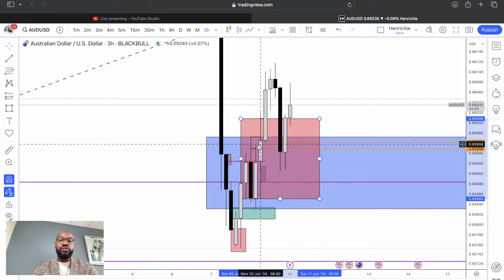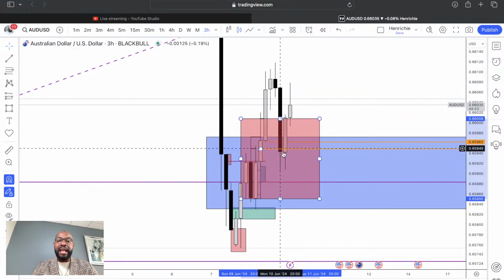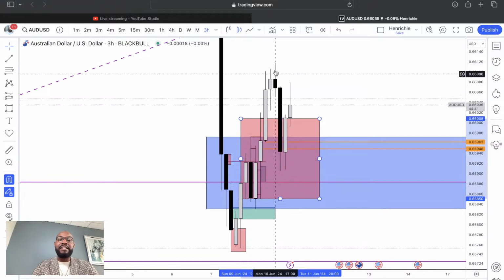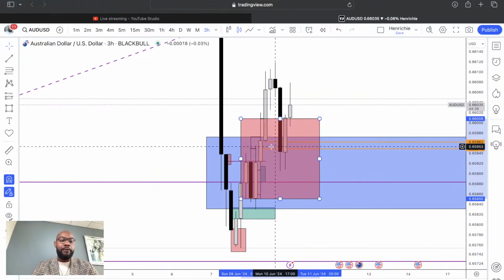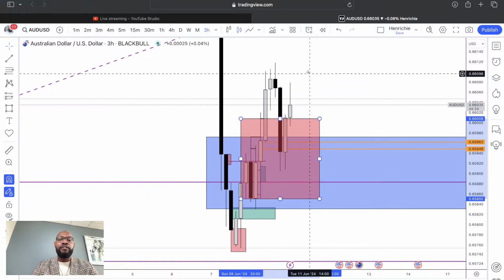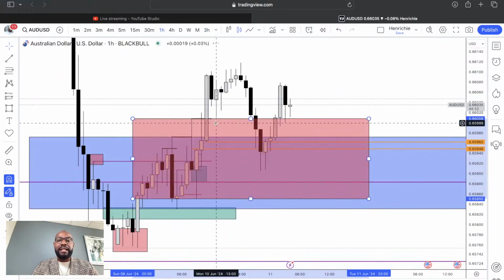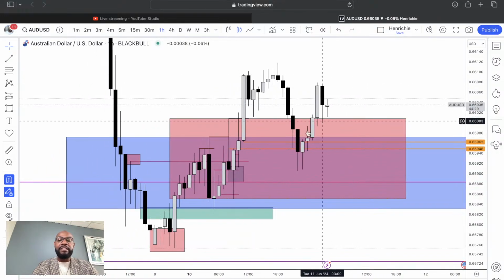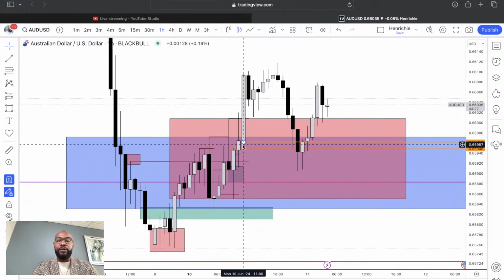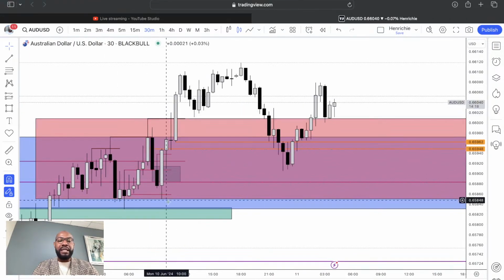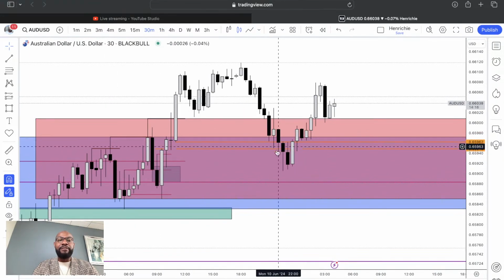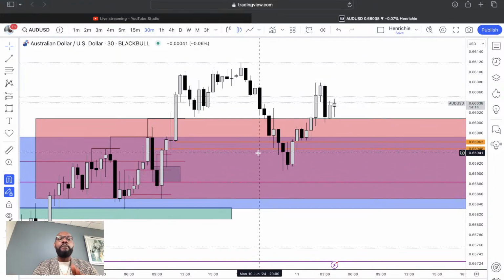If we're going to continue higher, I would anticipate to see a reaction. I would anticipate to see price retrace into this key level. If we were to continue higher, I will potentially look for a reaction from there to buy. So that means that key level, I've seen several reasons why it's a high probability area to wait for price to retrace into, because we have 3-hour inefficiency, 1-hour inefficiency, and a 30 minutes down close candle also present, being this key level. So all I want to see from this key level is a 4-minute shift of market structure.